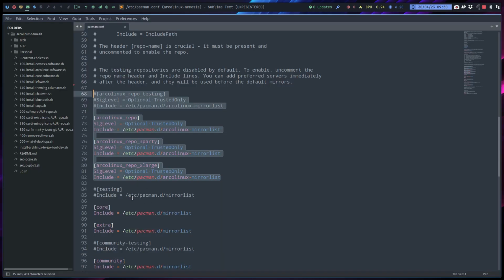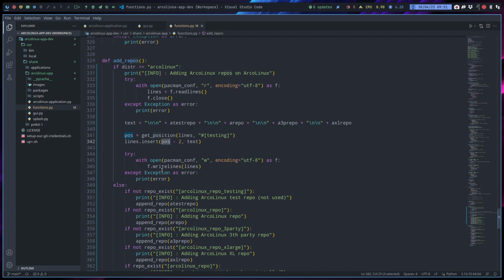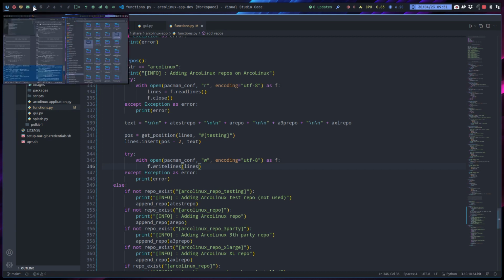So I tell them to find this thing. If that's not there, but we trust that people will not mess with their pacman.conf, we trust it to be there, right? If not, it's messed up, right? There is no test repo, then there's a problem. But normally everything is like this, and we put it at the top. So this line is, let's say, 84, and so it's going to do minus 2 and insert actually this bit with a space included. Okay, so that's what it's saying here, and I do think this was right, not right lines, which gave us this kind of error.